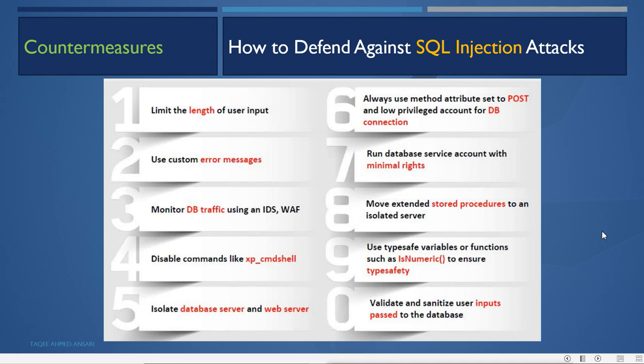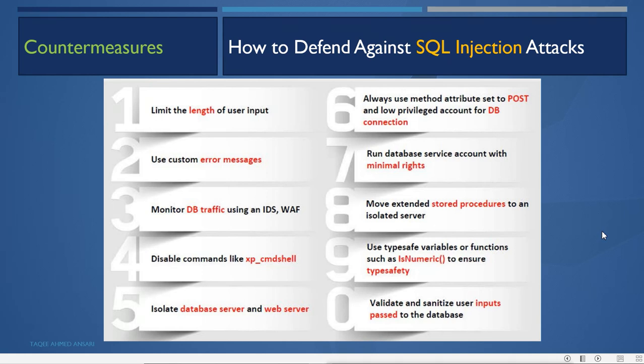And validate and sanitize user inputs passed to the database. Every input of the user goes through the application. So on the application we have to configure validation and sanitization for the inputs.